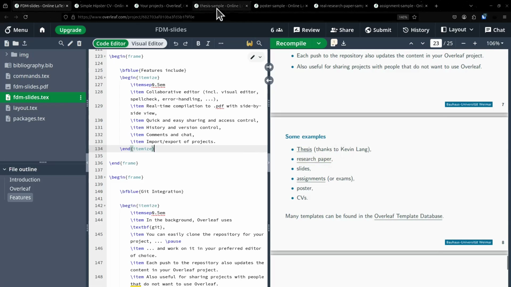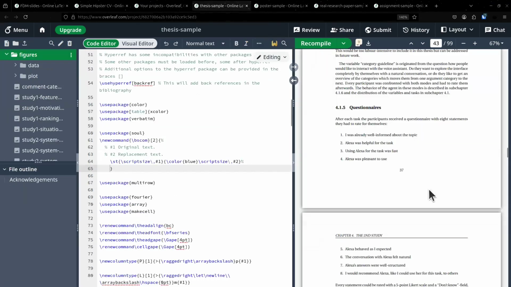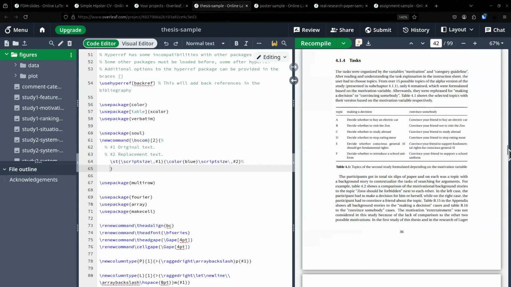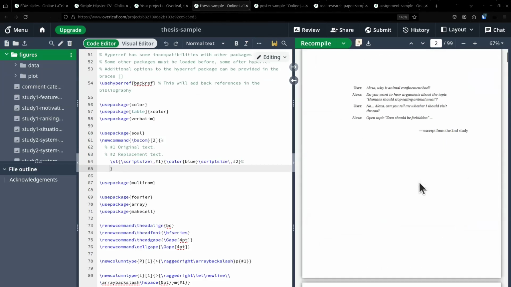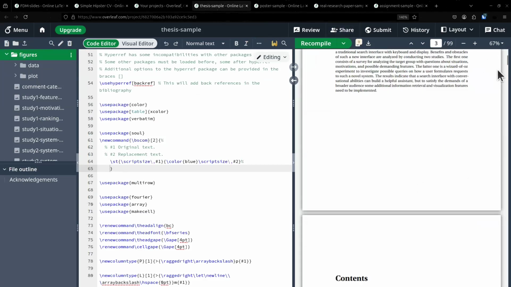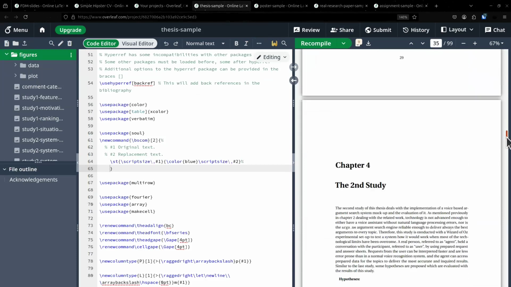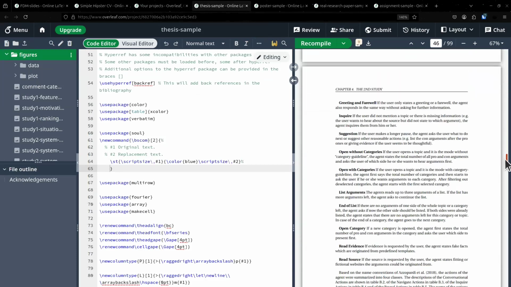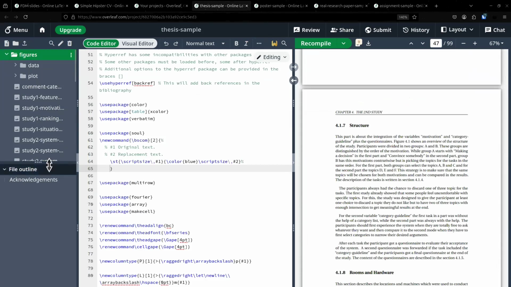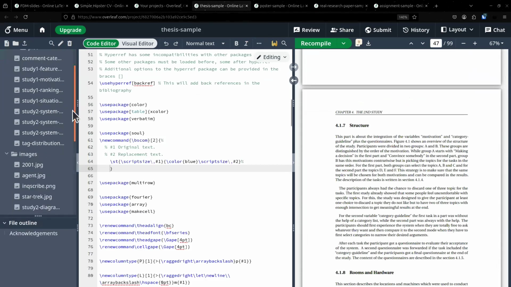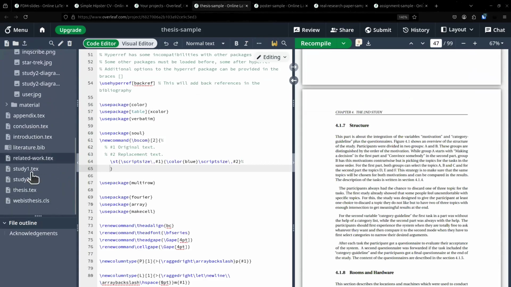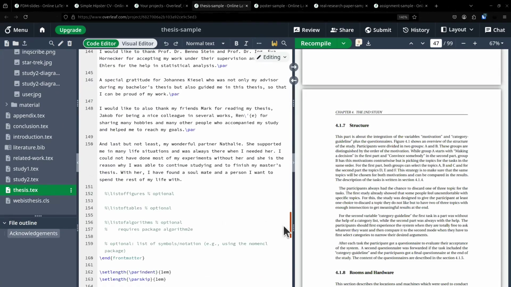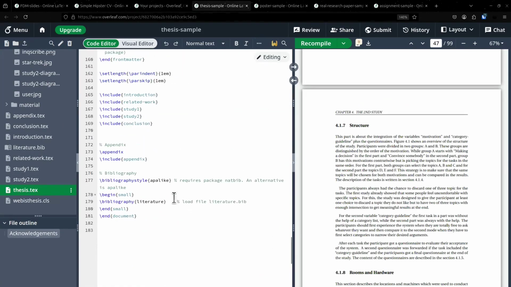First is a master's thesis, thanks to Kevin, who provided his source files. So you can see it here. This is a thesis. It has 99 pages, including a bibliography and everything. And everything had been done or could be done also in Overleaf. So you can see these different files here, and everything can very well be edited in Overleaf.